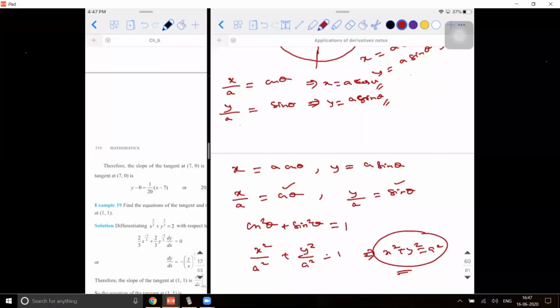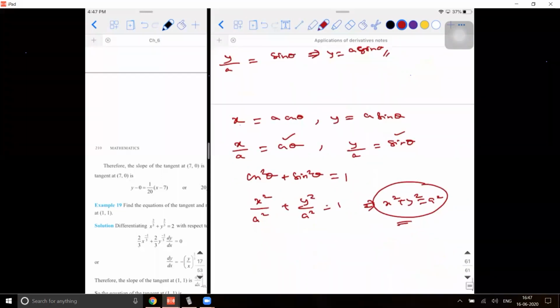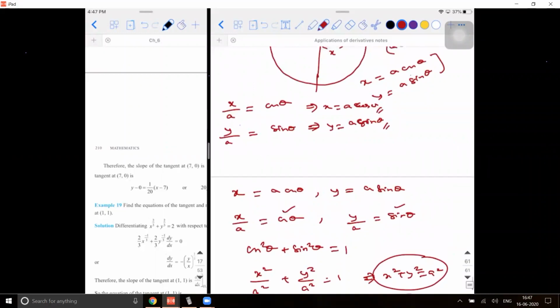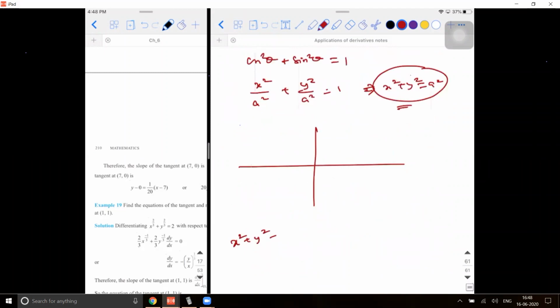So if you know all these things, it will be better. It is not an issue if you don't know, but just to improve your database of knowledge, I'm explaining all these things. So x square plus y square. I hope you are able to understand what a parametric coordinate means, and why actually you were differentiating in the previous chapter. So when they ask you what is dy by dx, the meaning of it is, suppose I give you a question like this, x square plus y square is equal to a square. I ask you, what is dy by dx at theta is equal to 2 pi by 3, or else I'll put it simple, theta is equal to pi by 3. So what are they trying to say?